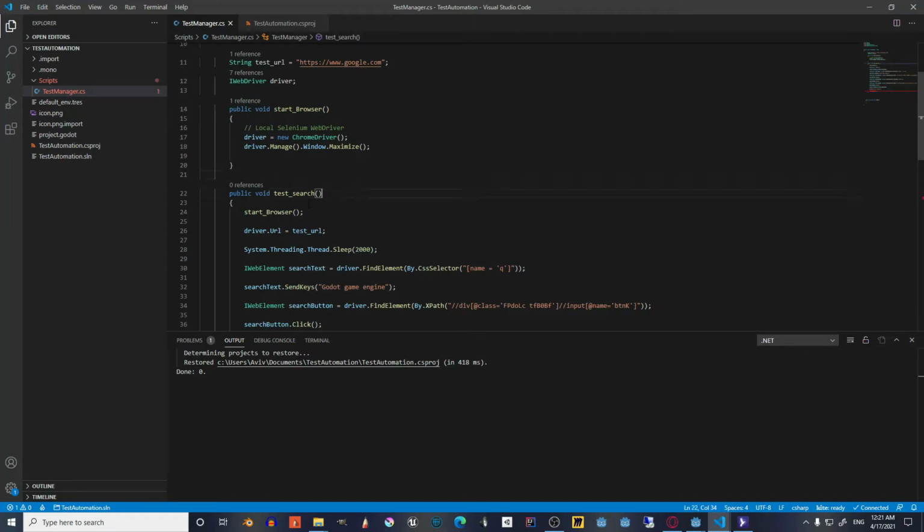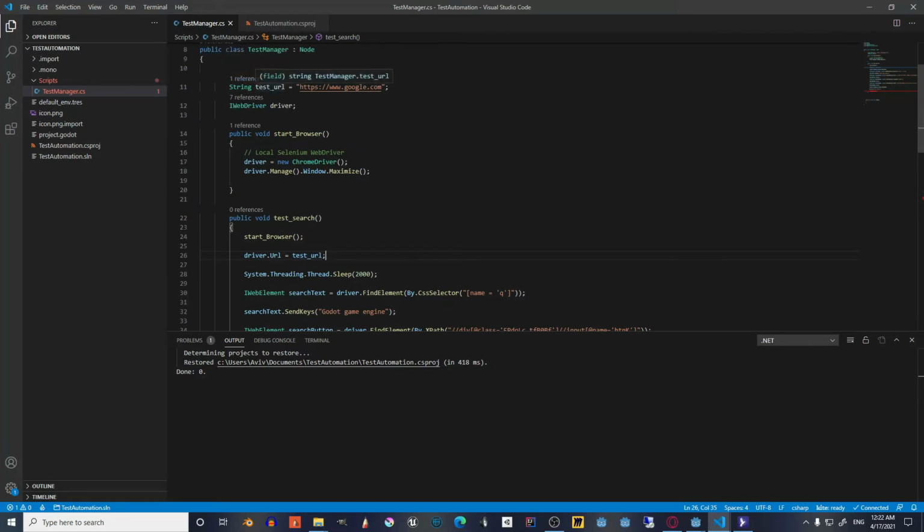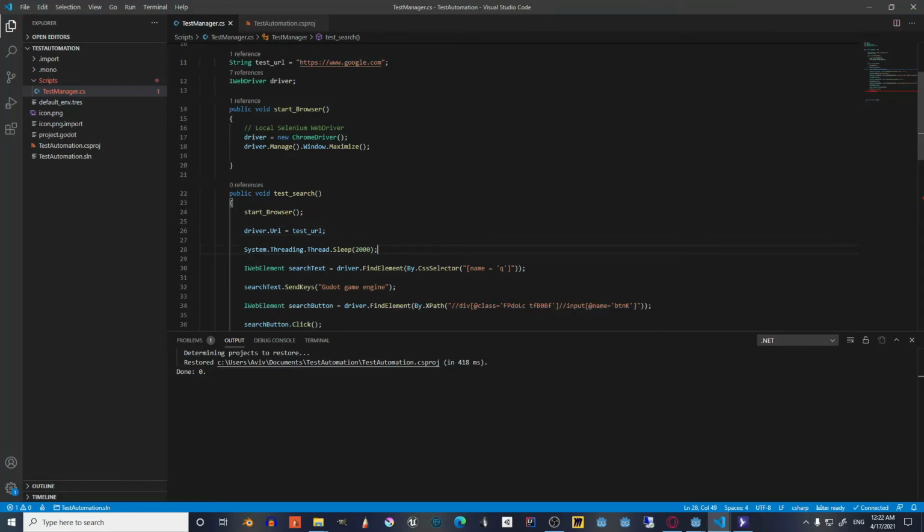Okay, so now we are going to create a new function. In this function, the first line of code is calling our previous function that we just created. The second line of code is driver.url equal to our test URL that we created here in the string. What it's doing is just setting the current URL displayed. So when it opens the new web browser, it's going to go to the Google page, then it's going to wait for 2 seconds, and we are going to create a new web element